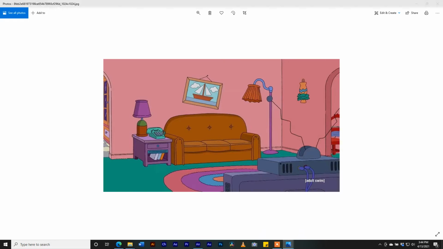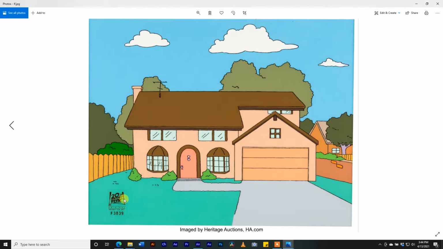If you look at the Simpsons house, everything here is flat. And the shading, the different shades and tones of the colors, the trees and so on, will do the talking for you. If you have to look at Invader Zim